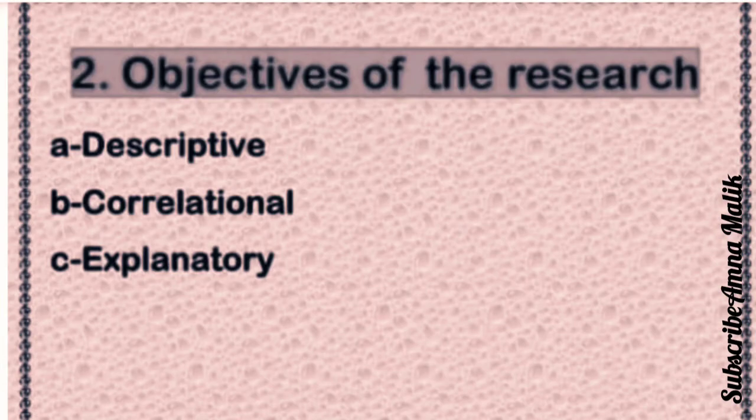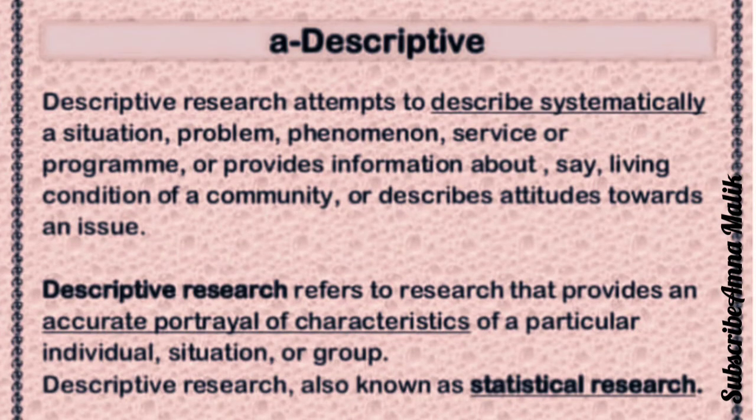Objective of the research: A, descriptive, B, correlational, C, explanatory. Descriptive research attempts to describe systematically a situation, problem, phenomenon, service or program, or provide information about, say, the living conditions of a community, or describe attitudes toward an issue. Descriptive research refers to research that provides an accurate portrayal of characteristics of a particular individual, situation